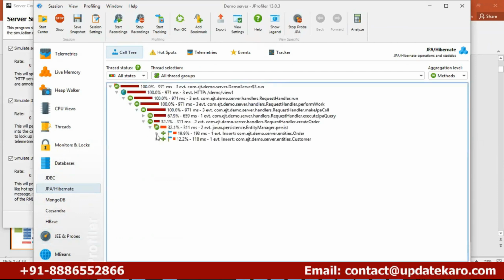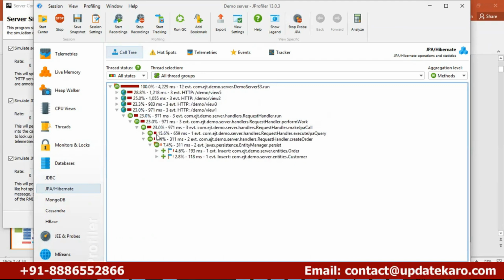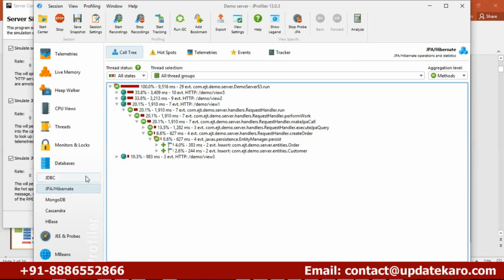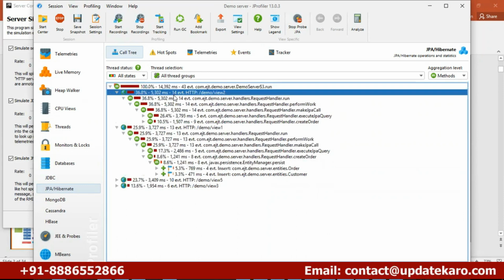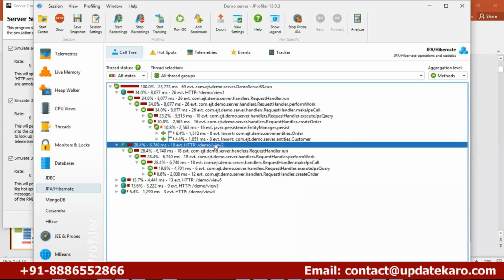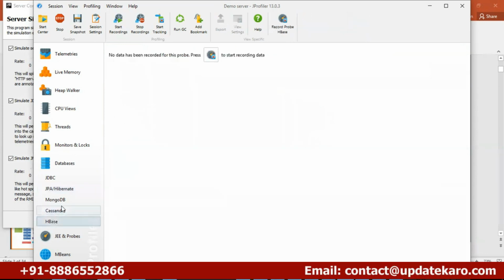Okay, so if a client asks at which thread state this particular call is occupying a higher percentage, you can see here 100%, right? Out of 100%, this particular request is taking a higher percentage, occupying 36%. This request is occupying 36% of the particular hibernating state, meaning the speed of the memory is degrading. So everything,